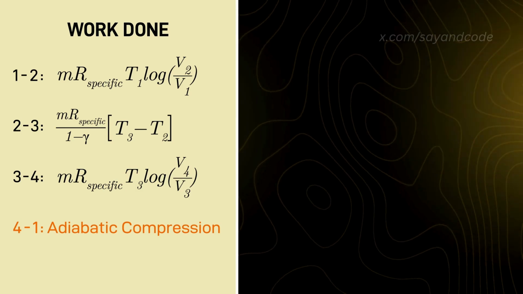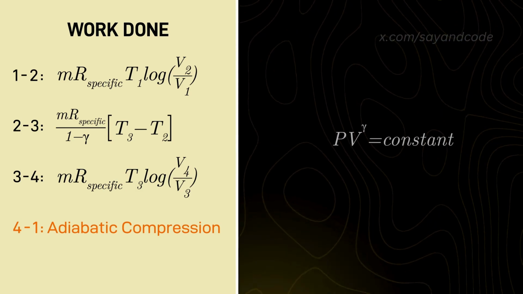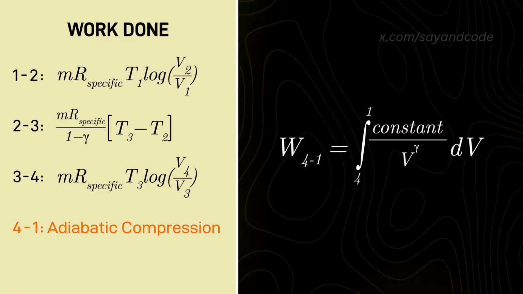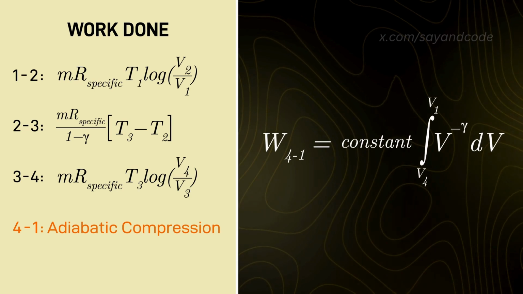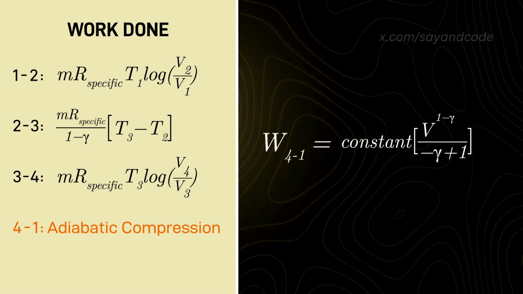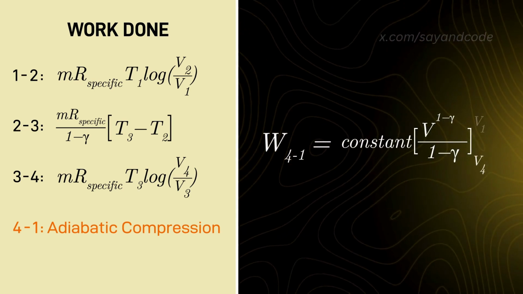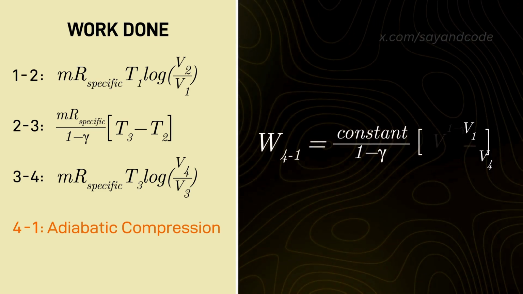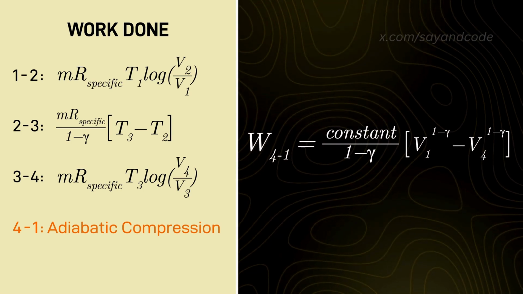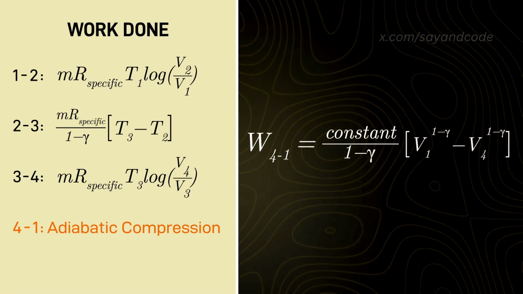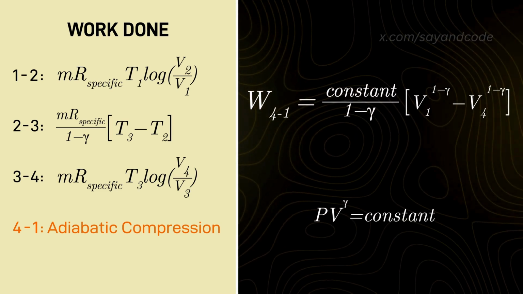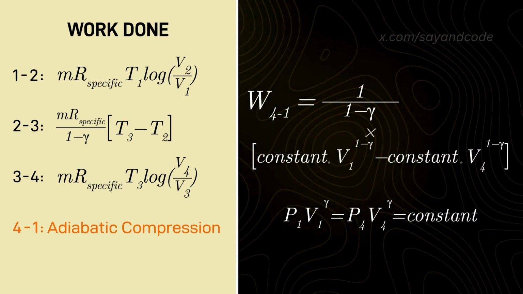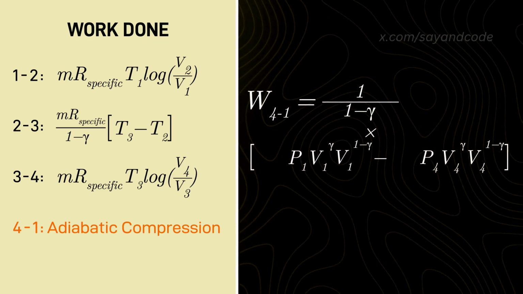Process 4 to 1 is adiabatic compression, so the equation is PV raised to gamma is equal to constant. Using this relation, in the equation for work done, we get work done from 4 to 1 as constant into V raised to 1 minus gamma by 1 minus gamma from V4 to V1. Or, is equal to constant by 1 minus gamma into V1 raised to 1 minus gamma, minus V4 raised to 1 minus gamma. We know that PV raised to gamma is equal to constant, at both points 4 and 1. And so, we can substitute this in the earlier equation, which gives us 1 by 1 minus gamma, into P1